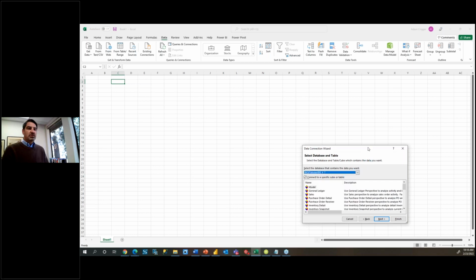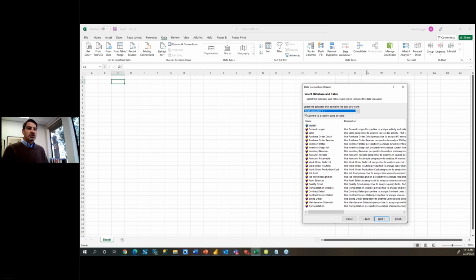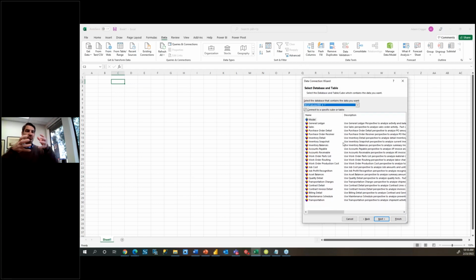And you'll notice when I connect to this, because as I mentioned, I'm connecting to one source, but then we have what are called perspectives. So this functionality within Microsoft where you can take one cube and say, okay, I want to splice out all the elements of that cube that are applicable to purchasing or AP or AR or GL and so on. So if I wanted to build, let's say, a balance sheet or trial balance, I would grab the general